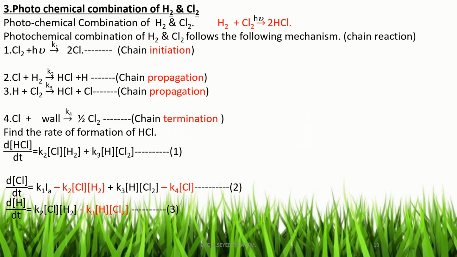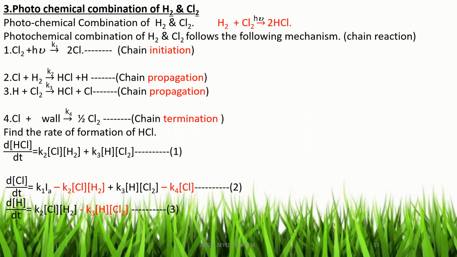And the net rate of formation of chlorine radical: in the first step chlorine radical is formed, so d[Cl]/dt is equal to K1Ia, and in the second step chlorine radical disappears, so minus K2[Cl][H2], and in the third step chlorine radical is formed, so plus K3[H][Cl2], and in the fourth step chlorine radical disappears, so minus K4[Cl]. Let this be equation 2. Equation 2 is the net rate of formation of chlorine radical, and similarly the net rate of formation of